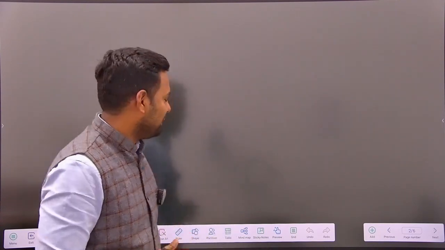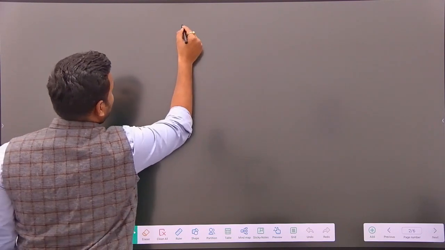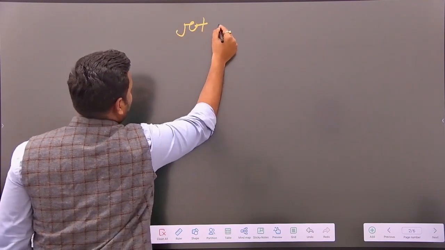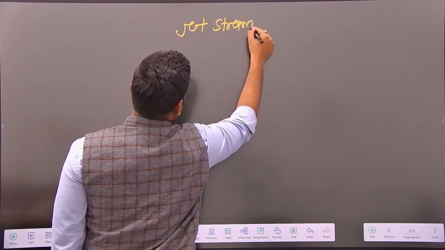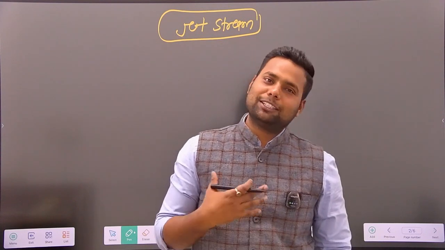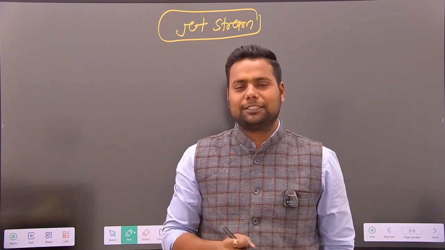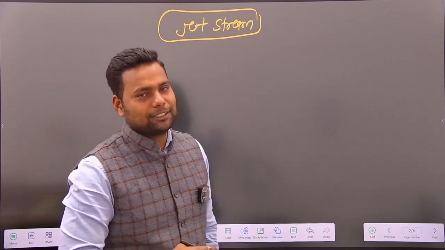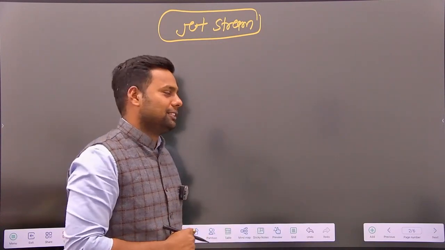Today we are going to discuss jet stream. As we all know, jet stream is a very complex topic in nature, and most of the students in offline classes are left out due to the complexity of the jet stream. So in today's session we will try to understand, in the easiest manner, what is jet stream, what are the applications of jet stream, what is the significance of jet stream, and the types of jet stream, and we will also discuss the localized impact of jet stream.